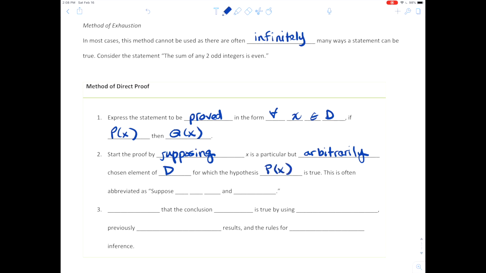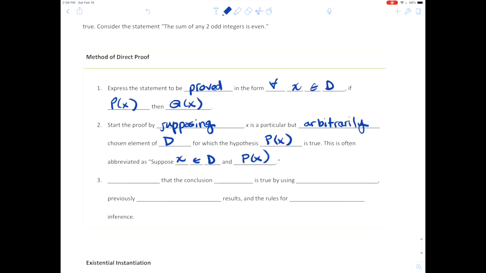This is often abbreviated as suppose x belongs to the domain and P of x. And then you need to show that the conclusion Q of x is true by using definitions,